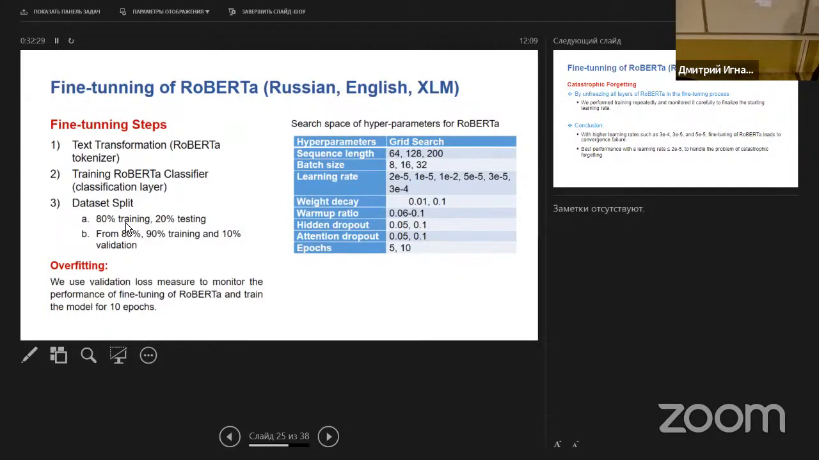These are the steps of how we divide our data set. We use 80% of the data set for training purposes and 20% for testing purposes. So how do we handle overfitting and catastrophic forgetting? For overfitting, we monitor the validation loss, because we train our model, then we perform validation, and on validation loss we monitor its performance. And we reached the conclusion that 10 epochs is the appropriate number of epochs to handle the issue of